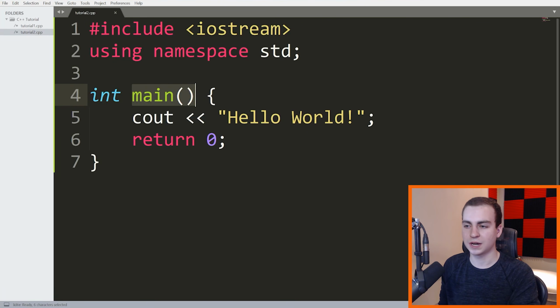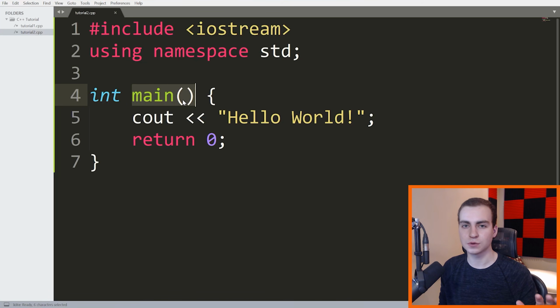So this function right here, though, is a little bit of a special function, and this is what's called the entry point of our C++ program. In every single C++ program, there is one function that needs to be run immediately as soon as the program is run. So we need to tell C++ what code we want to run as soon as we press enter in the console and run our compiled program. And that code that we want to run immediately must go inside of this main function.